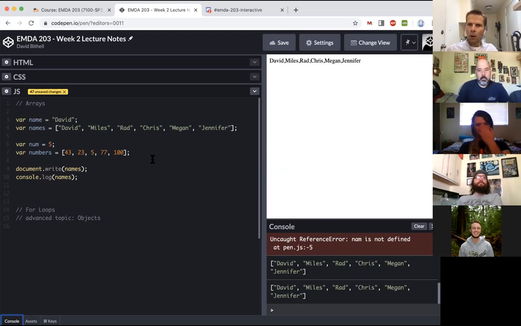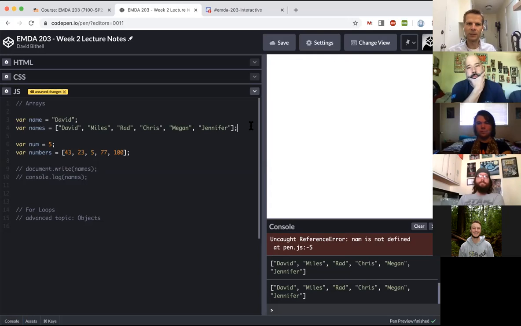Okay, so now one of the most common things you're going to want to be able to do is to find a particular element within an array. So it's like, great, I got this list, but I want to be able to access one element at a time. I want to be able to pull something out from that. So to do that,